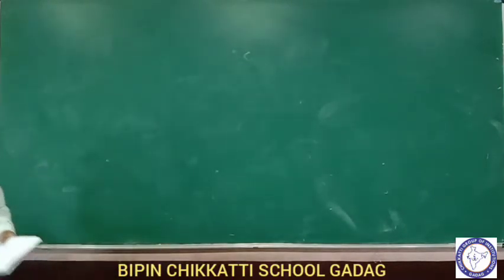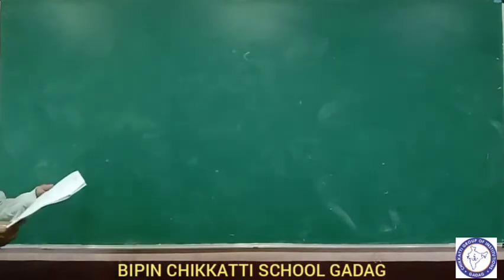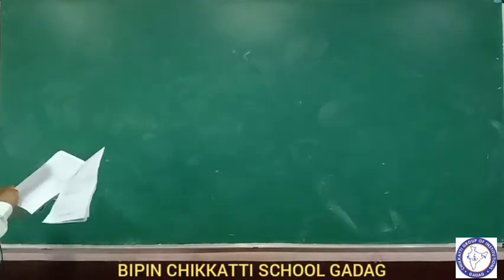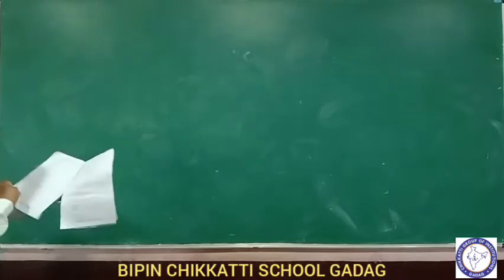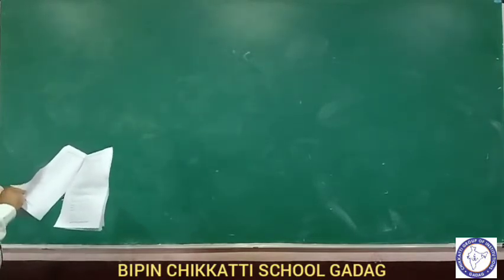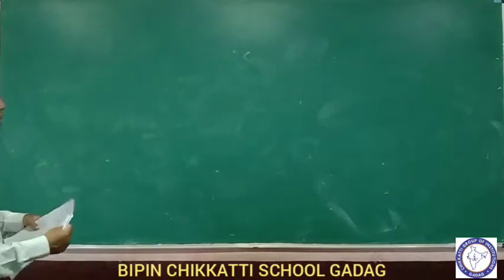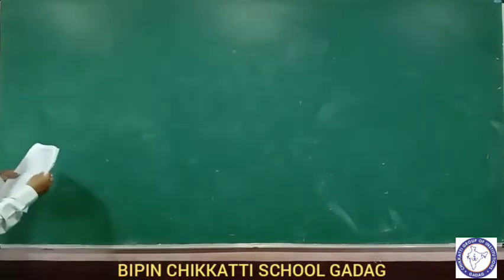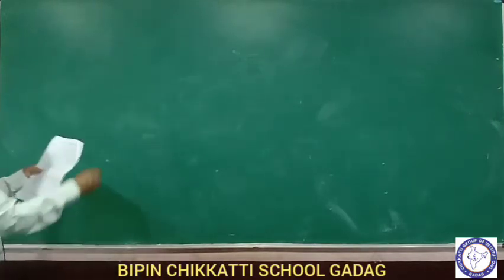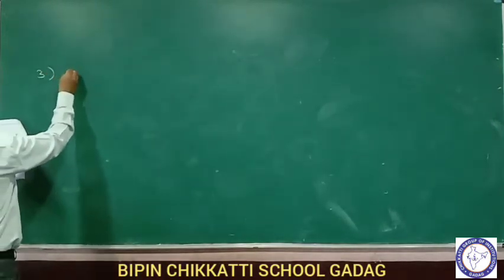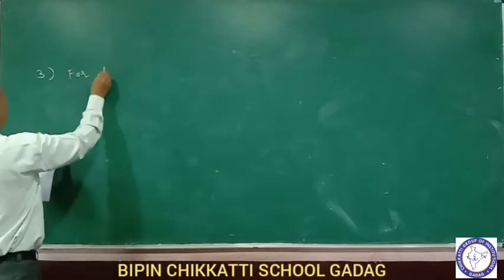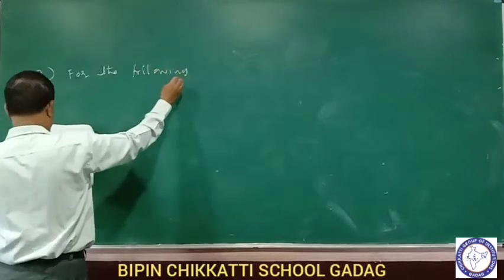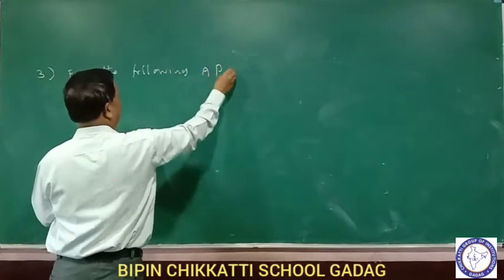Now, I want to see the third part. There are 11 problems. How many problems are there? Totally, how many problems? You can see that finally there are 15 problems. Out of 15, only 2-3 problems we can see. Very easy, simple. The third question, you understand, because this question is important: for the following APs, arithmetic progressions,